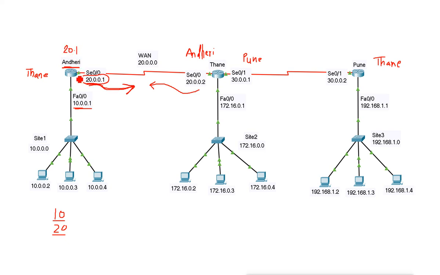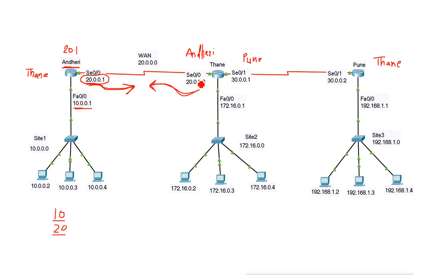When it sends the information update to the Thane router, it says I am Andheri, I am using process 10, and my router ID is 20.0.0.1. Same for Thane: when Thane sends the information to the Andheri router, it says I am Thane, I am using process ID 10. What is the router ID for Thane?